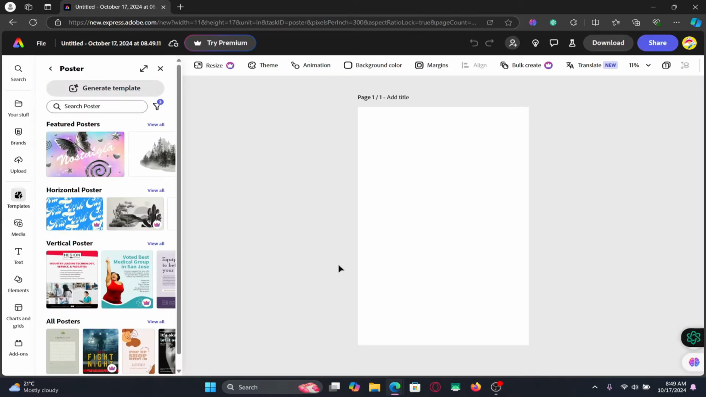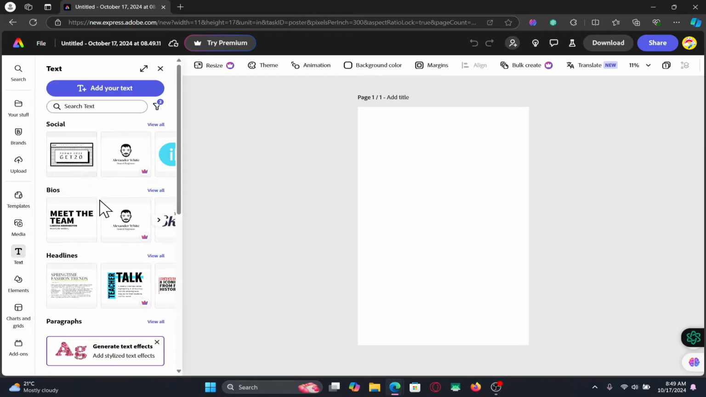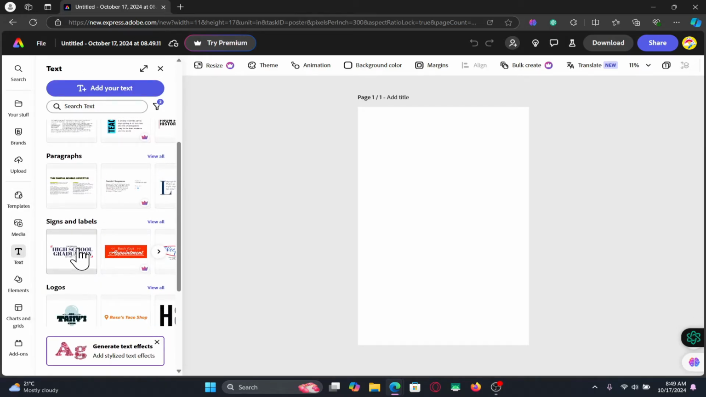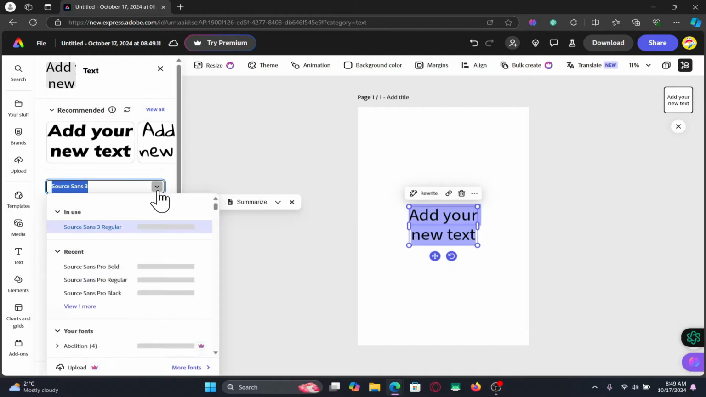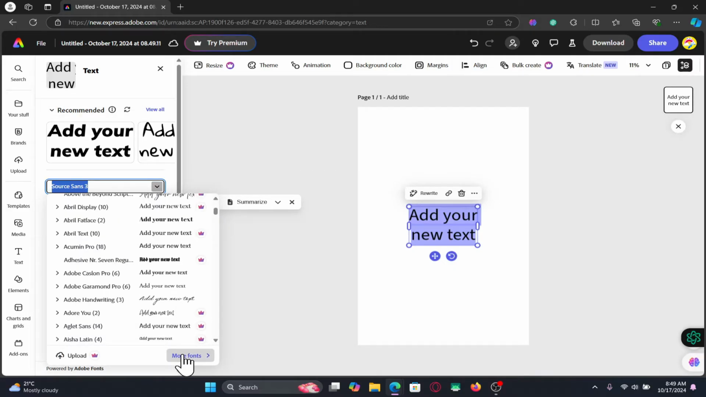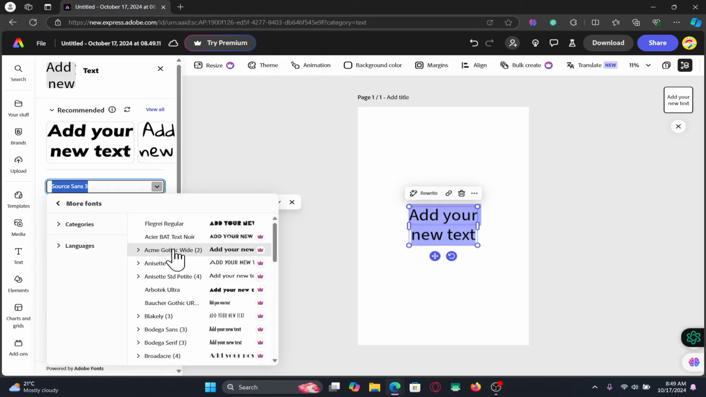Now, within any of your projects, if you wish to add a font that you would like to use, then first of all, go into the text edit menu and choose any template that you would like to work on, or you can also click on add your text. Now, once you are inside your text edit menu, you will see the various fonts that are available within the fonts drop down menu. You can click on more fonts if you wish to view all of the fonts that are available,